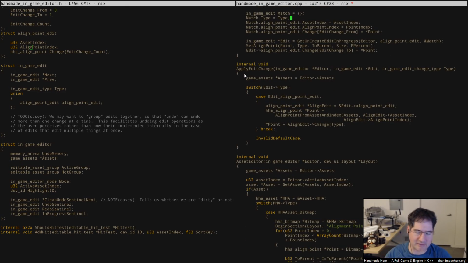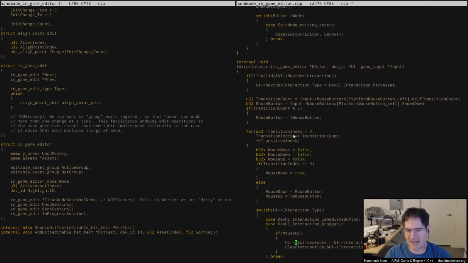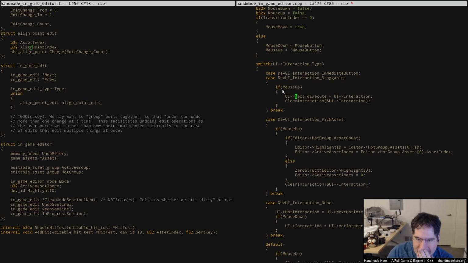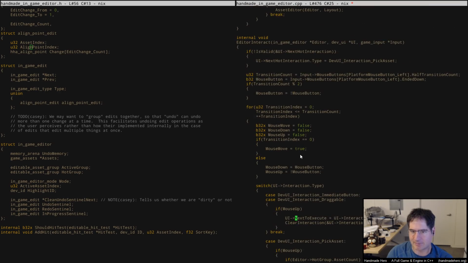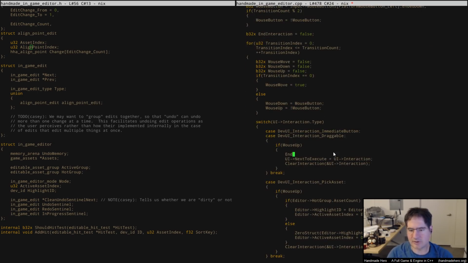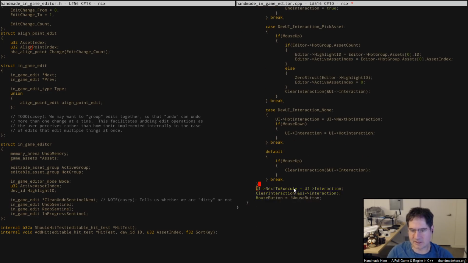So once we have that down, then what we need to do is actually have some way of committing these back, right? So when we do editor interact, what we want to do is say, okay, anytime the mouse goes up and we're going to clear an interaction, we probably want that to be a more specific thing that happens, right? So that's like an end. So this is like an end interaction state. And what I want to do here is say that these are interaction ending things. Does that make sense? If the mouse goes up, that's when it ends whatever the interaction is that we were doing. And then that can come down here